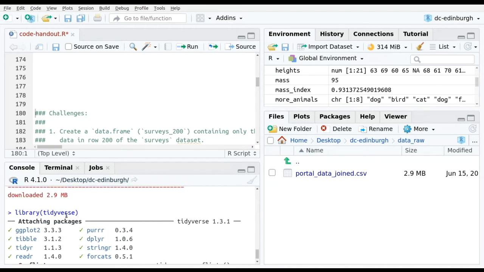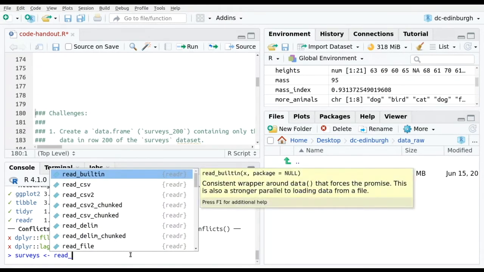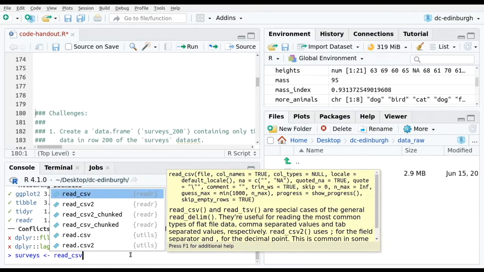But well, this will not be used for now. Okay, so we have the tidyverse loaded, and what we will do is create a variable called surveys, arrow, and we will use read underscore CSV. So you see that